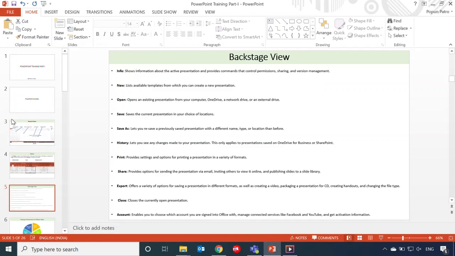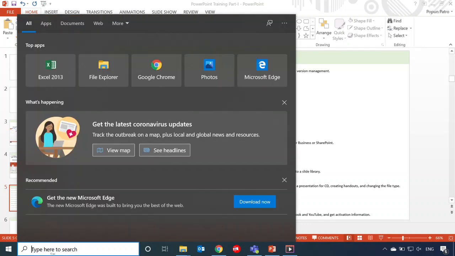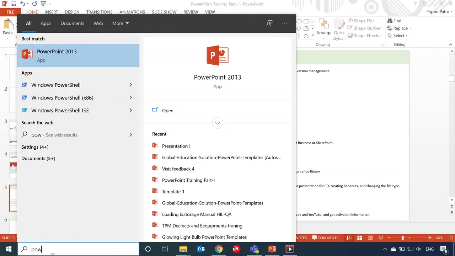As I click over the close button, my new PowerPoint closes. So I want to open PowerPoint again. In the search box, I type POW. It automatically shows PowerPoint.